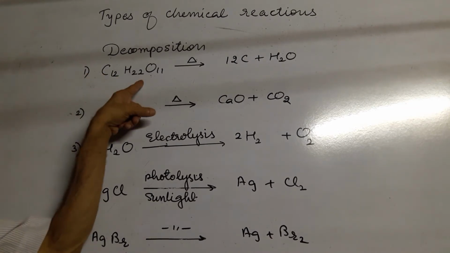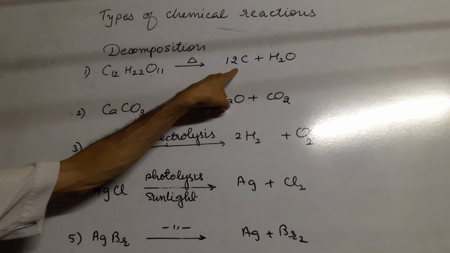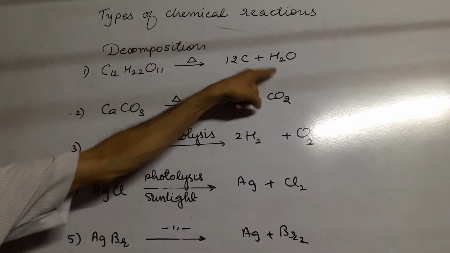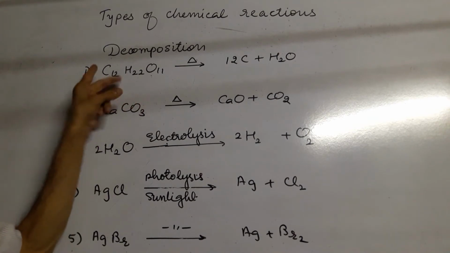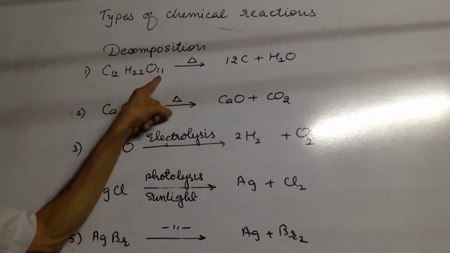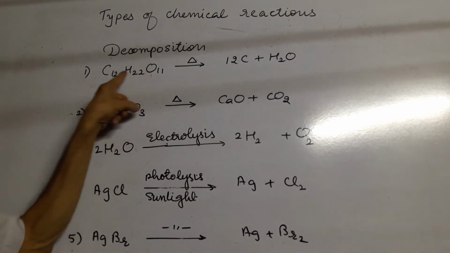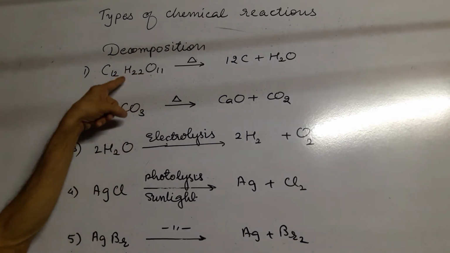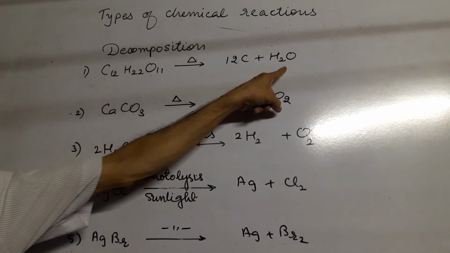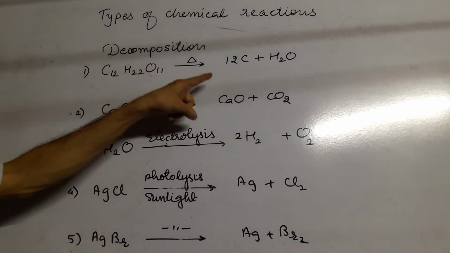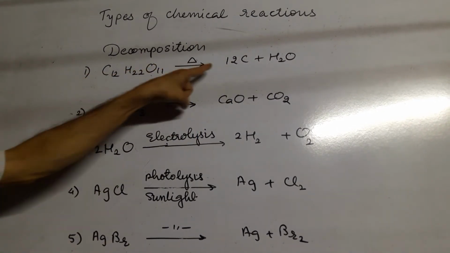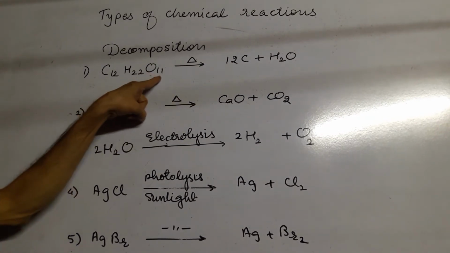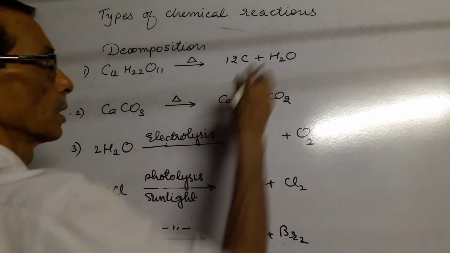That is, from sugar you will get carbon, and water is evaporated, because sugar is made of carbon and water. You will find hydrogen and oxygen are in the ratio 2:1. Your hydrogen is 22 and oxygen 11, so the ratio is 2:1. So your water is formed, but it is not balanced. So you will find the carbon 12. Your 12 carbon is there, but oxygen 11 is there, so you write 11 oxygen.